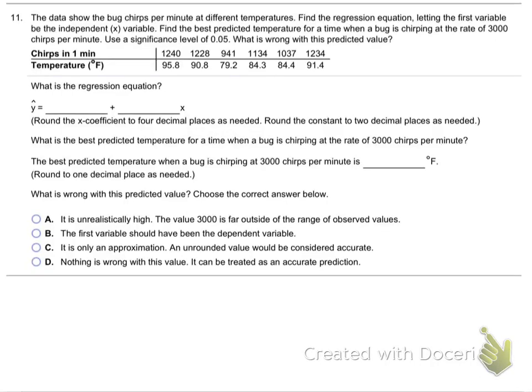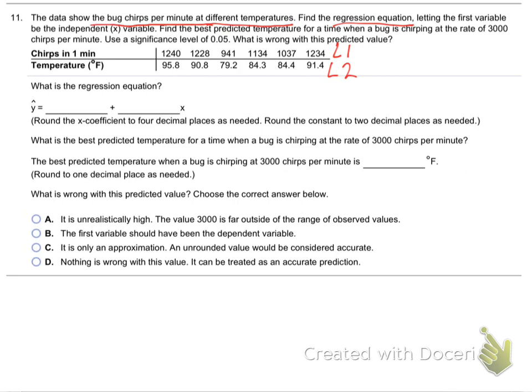Okay, so here's the second part of practice exam number 4. I'm on question number 11, and they're asking about the data showing bug chirps per minute at different temperatures. Find the regression equation. So basically put this data in L1 and put this data in L2, and then